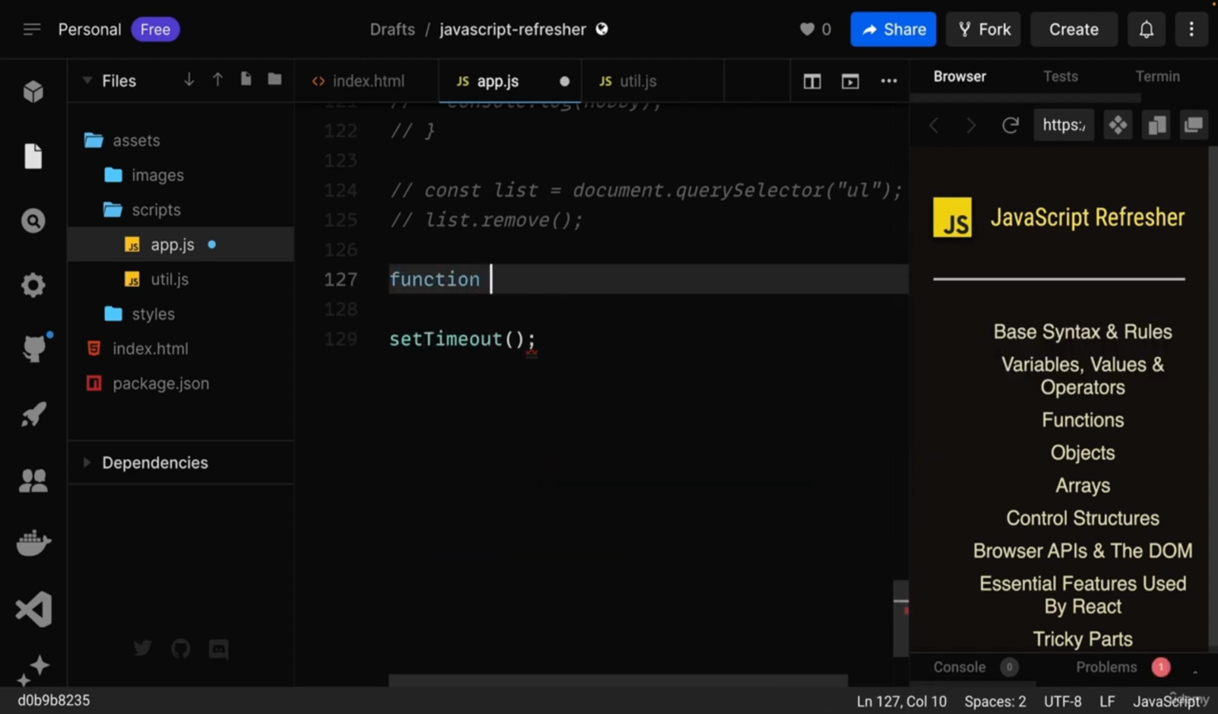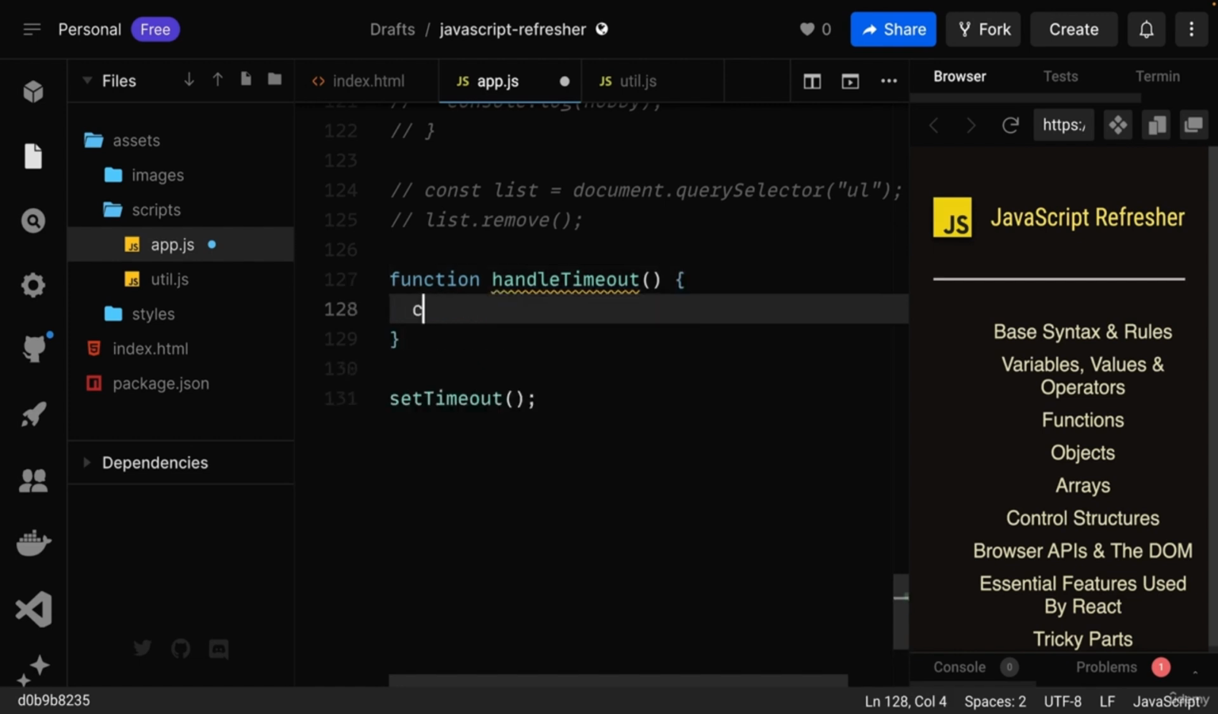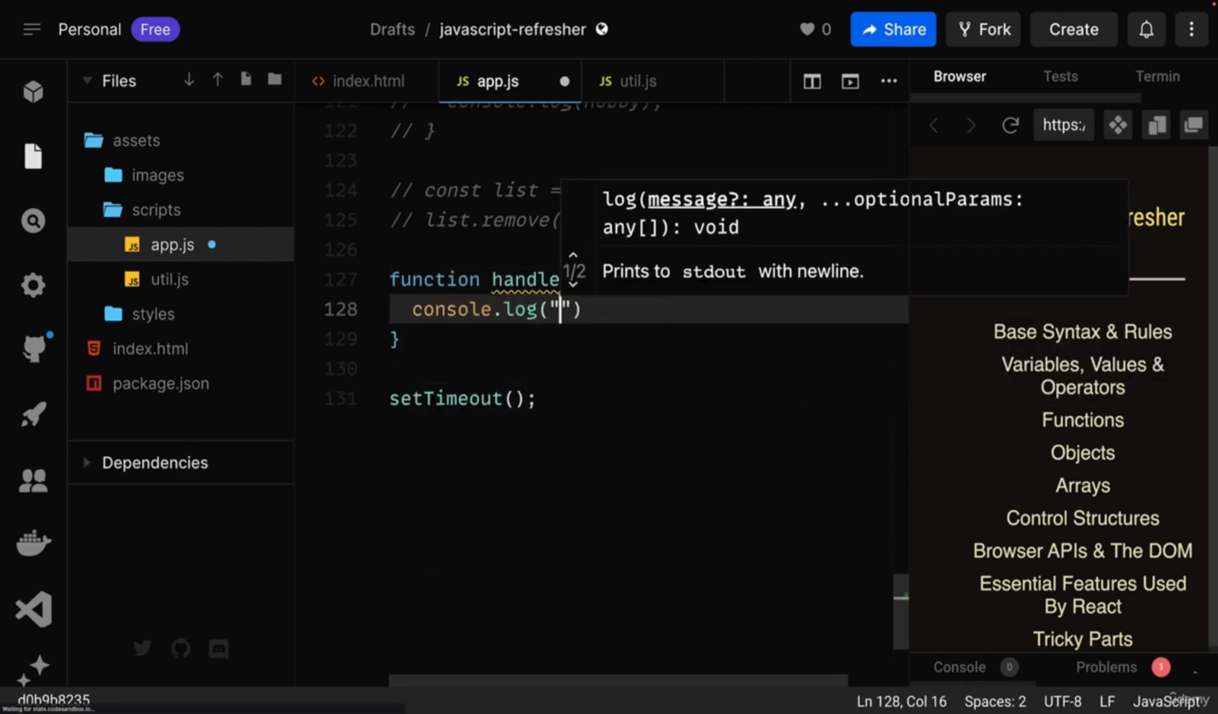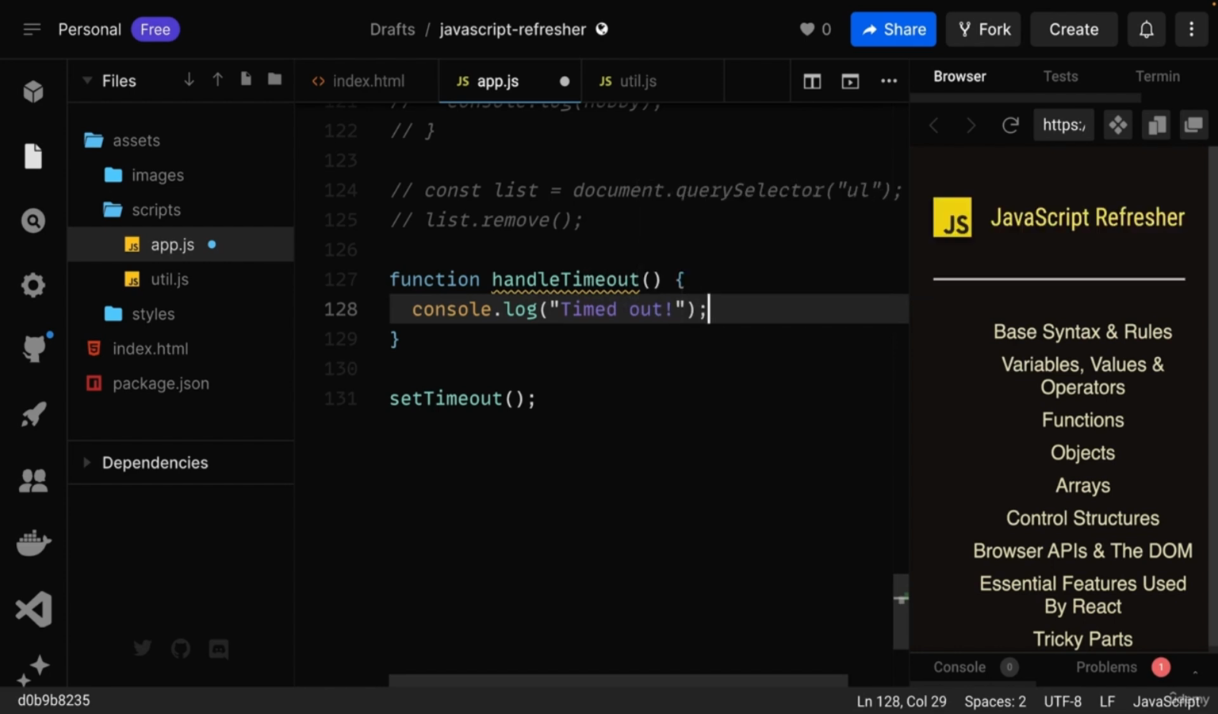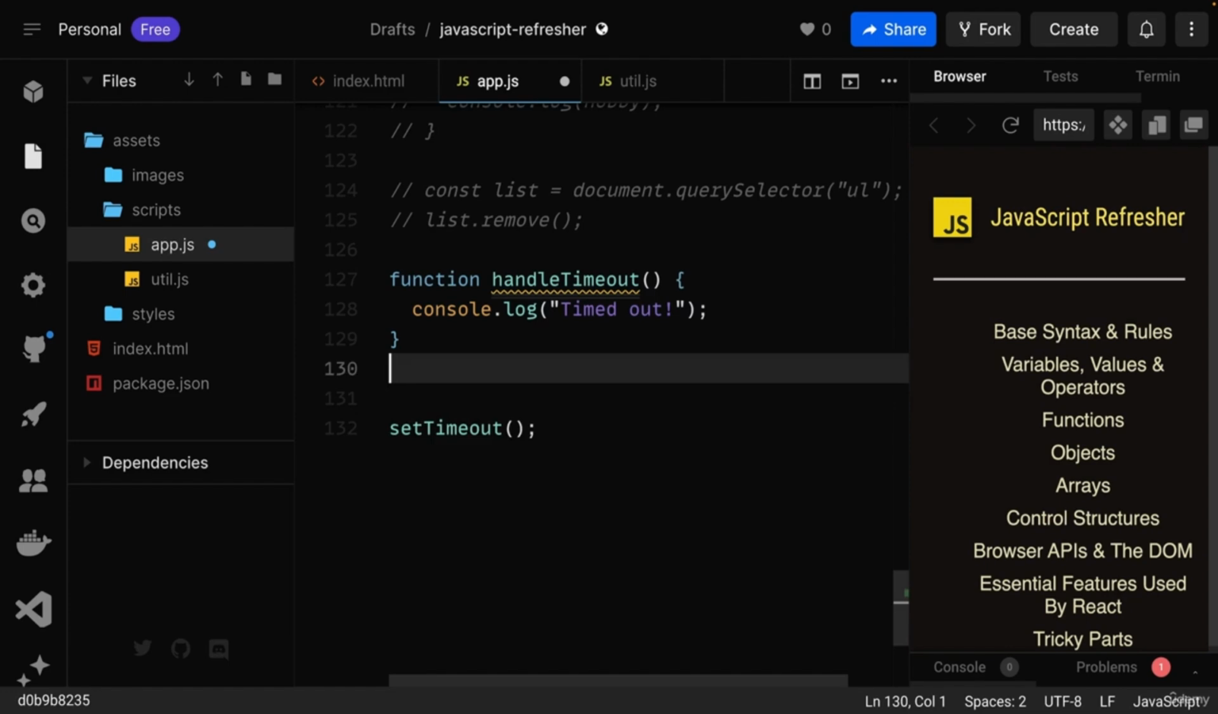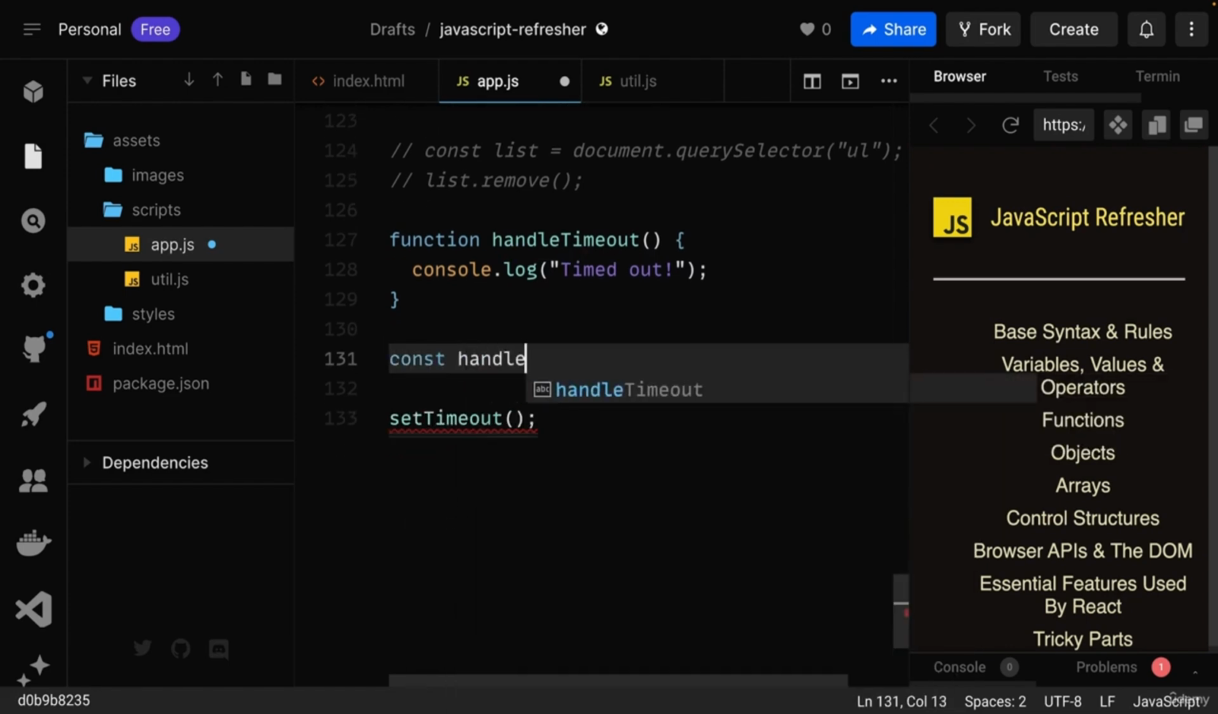And we could absolutely create that function manually in a separate step. It could be named handle timeout or anything like this. And here we could console log timed out. So this would now be a regular function. And we could also alternatively define it as an arrow function. Could be named handle timeout2. And we store an arrow function in that constant